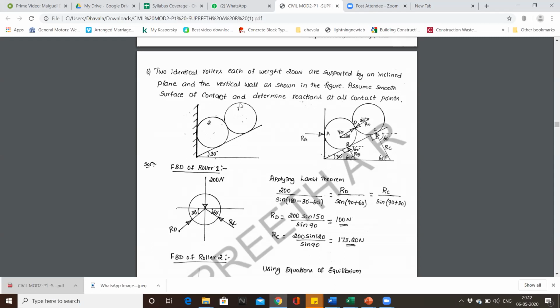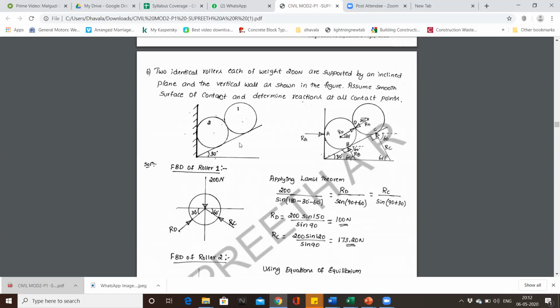Now, in order to write the reactions, what are the points of contact we can observe in this figure? There is a point of contact with the wall and this second sphere inclined at this surface, and one more inclination at this point, and sphere 2 will be pushing sphere 1. So there will be a reaction at each point of contact that is represented as RA, RB, RC,